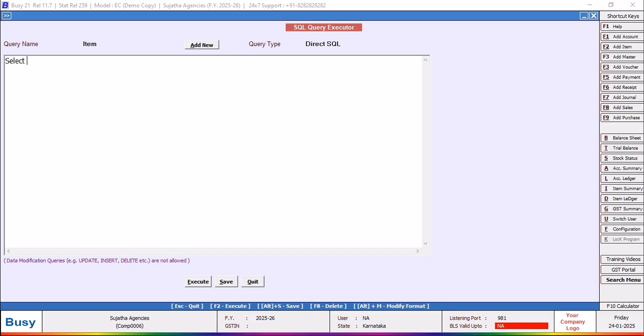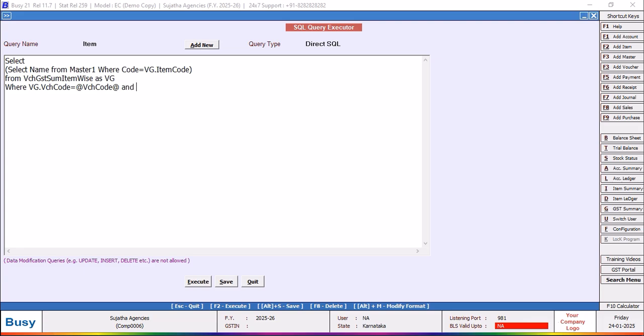Now here I'm going to mention it as select name from, it's a subquery, name from master 1 where code is equal to vg dot item code, parenthesis close, from voucher GST sum item wise as vg where vg dot voucher type is equal to 9, voucher type is equal to 9